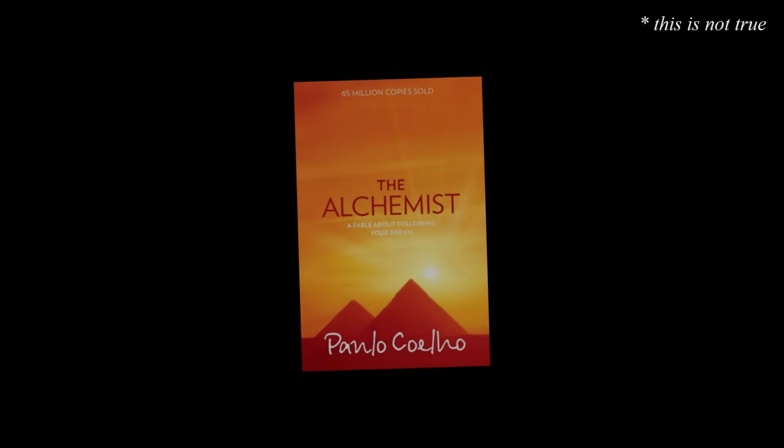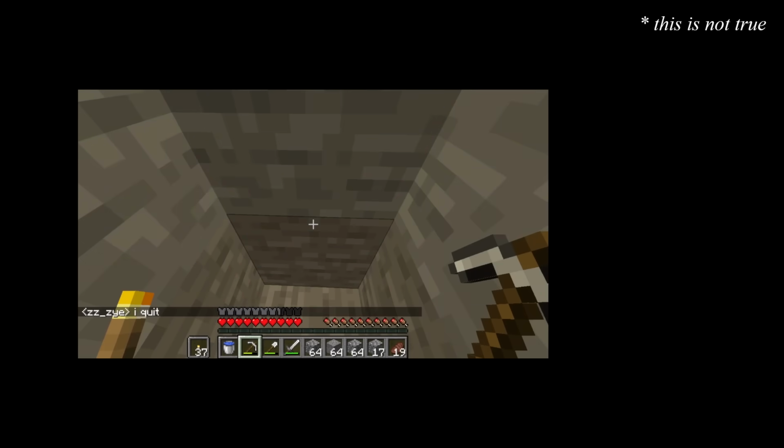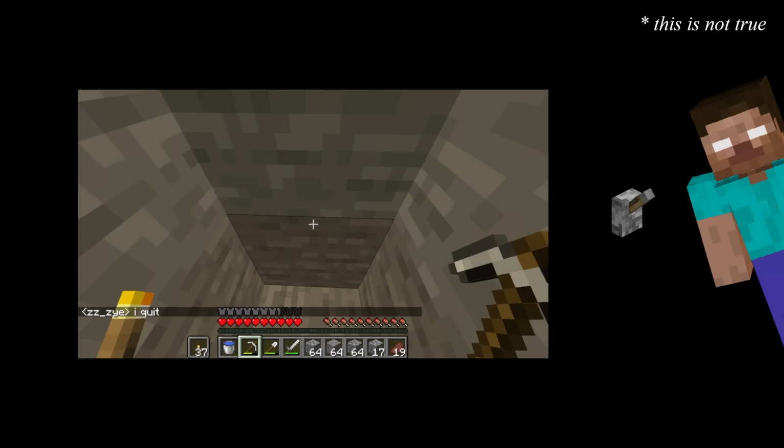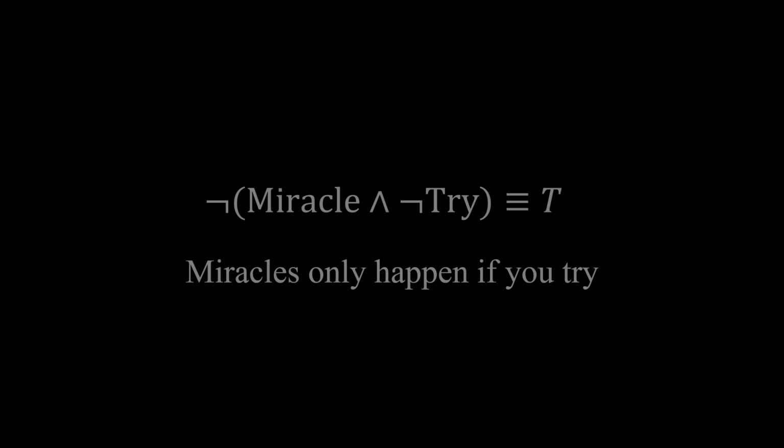I remembered a tale in The Alchemist by Paulo Coelho. A miner who came so close to finding emeralds after 5 years of mining. A higher being sees this and helps them remove the final stone. I don't know if miracles can happen, but they will only happen if I try. So I decided, let's just try a little bit more. Because, well, anything is more fun than studying in exam periods.